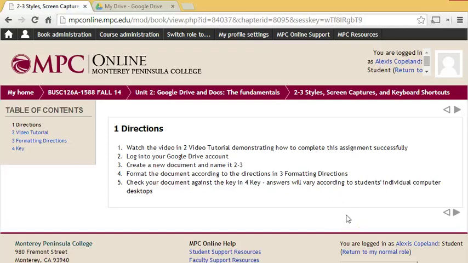Okay, assignment 2-3, we're going to be working with keyboard shortcuts. Keyboard shortcuts can really save you a lot of time, using different key combinations on your keyboard to perform functions that you will use quite often. Okay, so for the first, we're going to watch this video, and then you're going to log into your Google